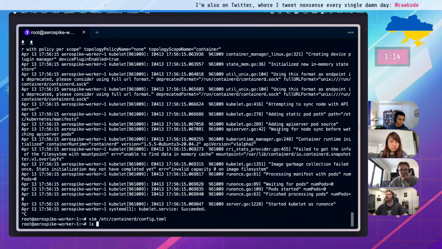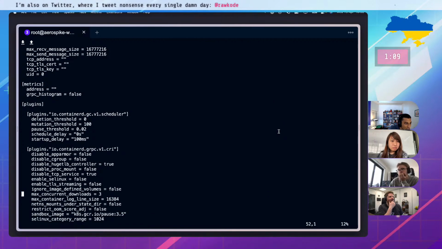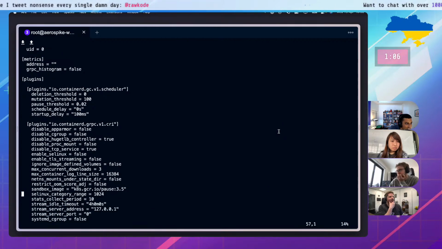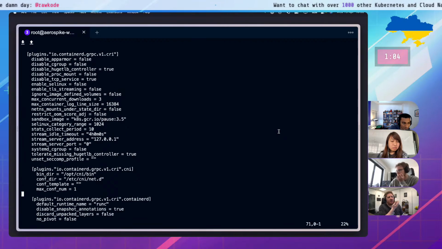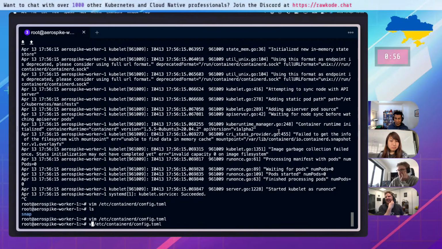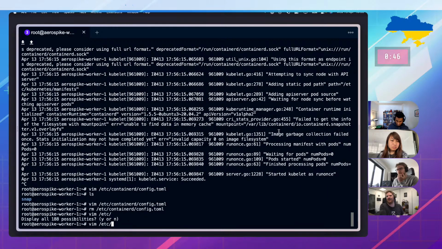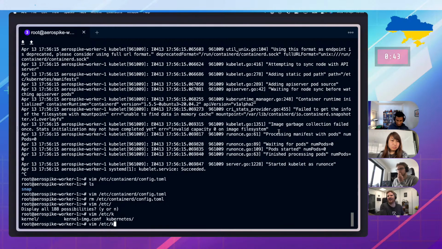Well, we can check that. No hints on the worker node. I mean, I could just throw something out there. You do not need a containerd config file. But you're also going to want to remove that run once on the kubelet. That is a systemd setting if you're not familiar. So you'll need to do a systemctl cat kubelet, and that will tell you where the unit file is.